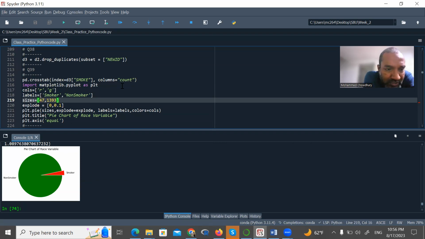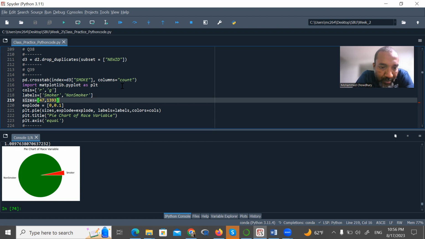Our smoker is 47 and non-smoker is 1993. I choose the colors red and green, and then finally we got the pie chart, and you can see in the pie chart that the red part is coming out